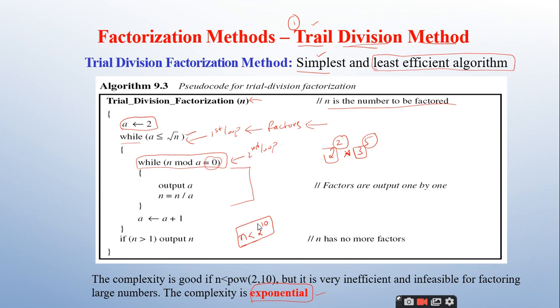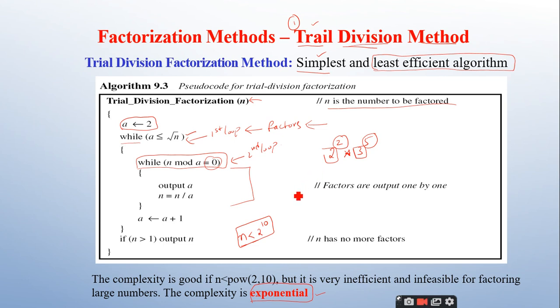So they make use of large numbers. Finding the factors for large numbers, we don't have any efficient algorithms till date. That is the reason why the first and foremost point that we have discussed under factorization is that there is a lot of research that has been done in the past, and still there is a lot of scope for factorization algorithms in the future also, right?